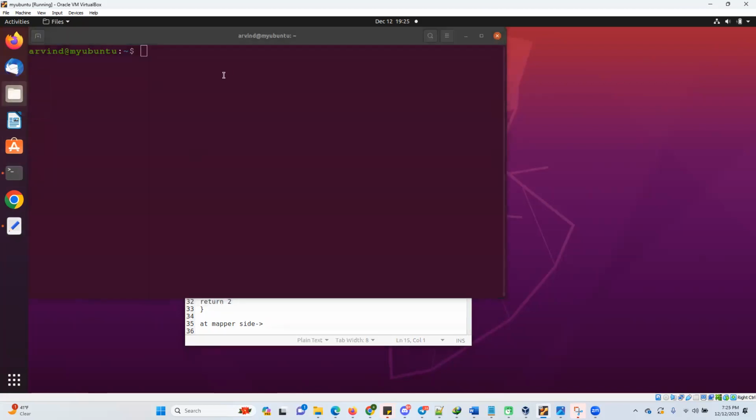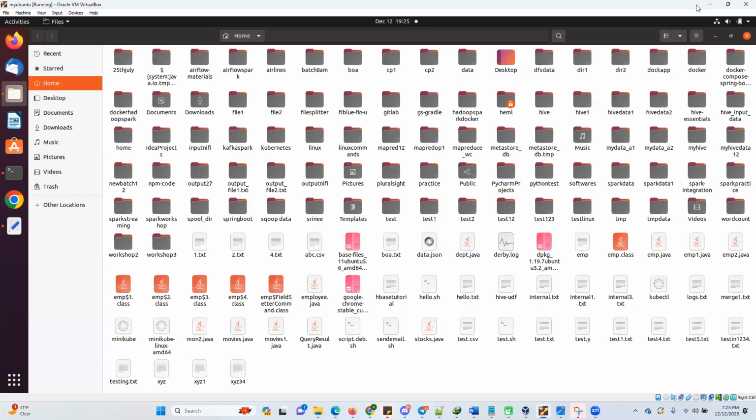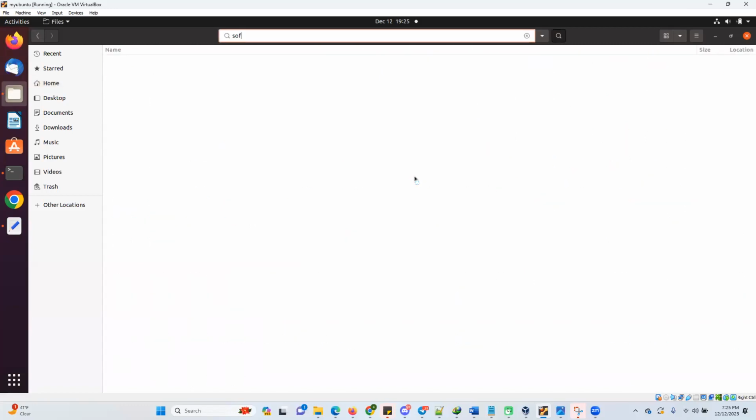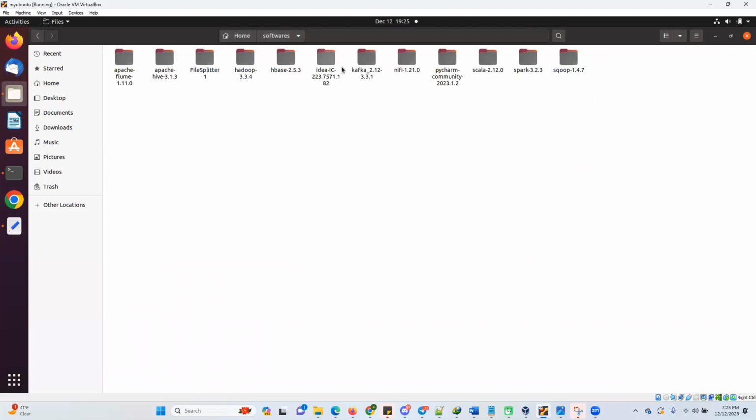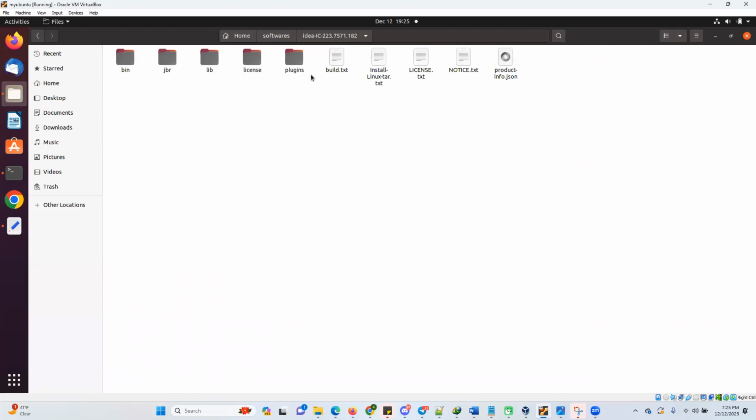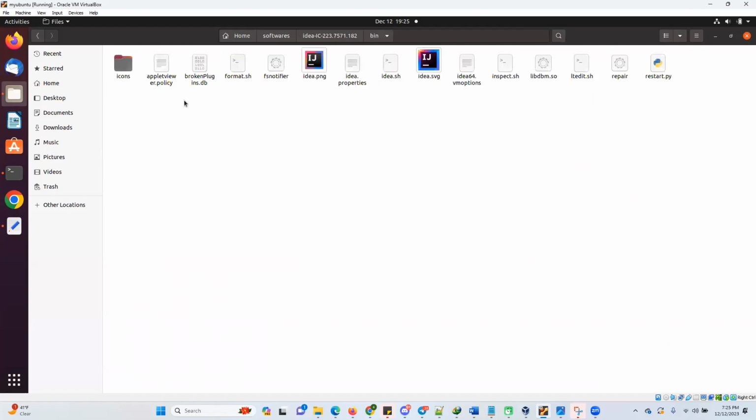Okay. So yesterday I showed just the MapReduce word count program. I showed how to apply the combiner and how to apply the partitioner. Okay. So first you set up your IntelliJ, because with IntelliJ IDEA you can set up and run your